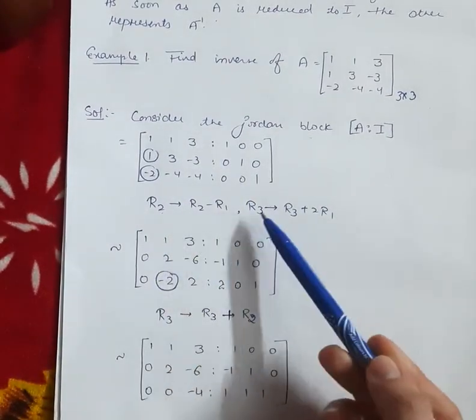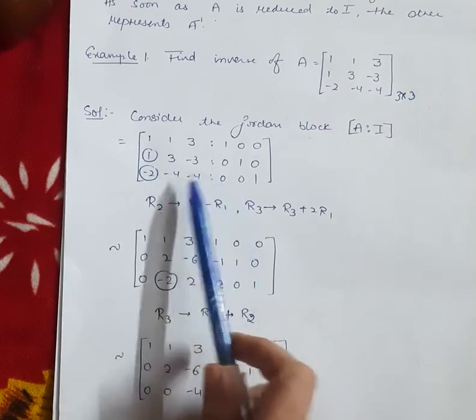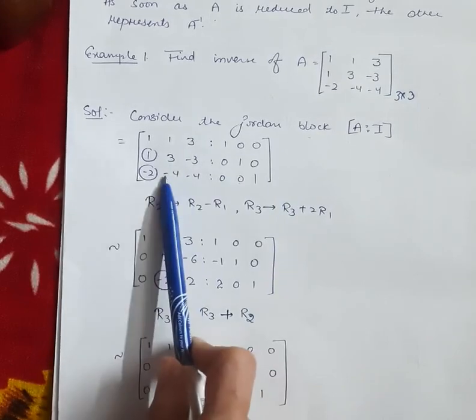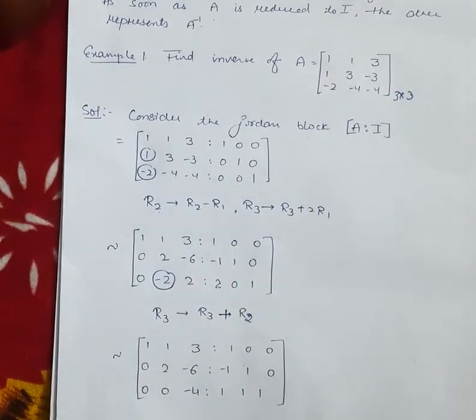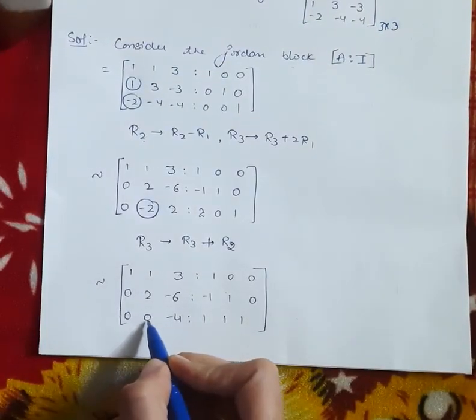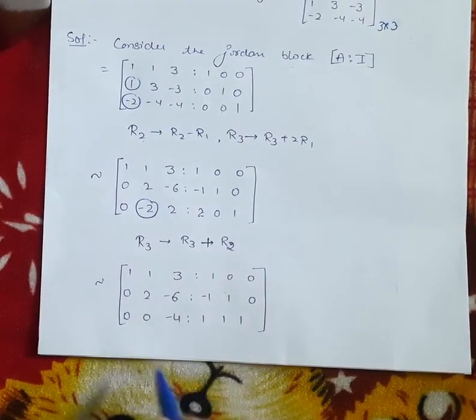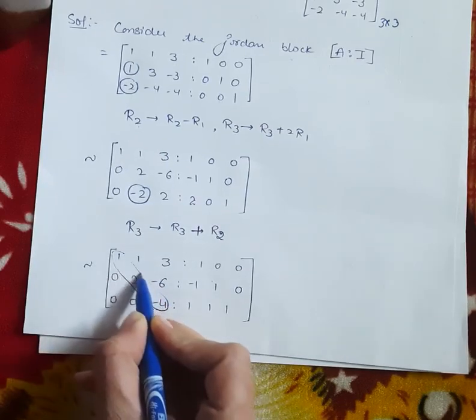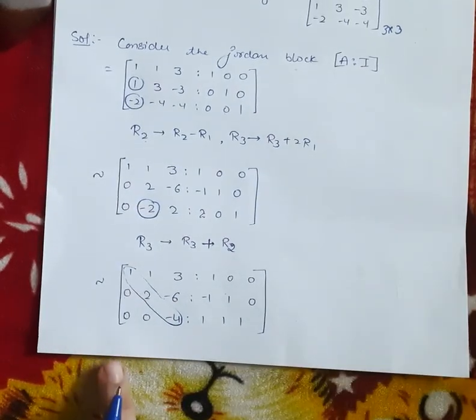जो भी ऑपरेशंस हम यहाँ पे लिख रहे हैं वो दोनों मैट्रिसेस पे हम अप्लाई कर रहे हैं, और यू कैन से इस पूरे ब्लॉक पे अप्लाई हो रहे हैं, वो A मैट्रिक्स के ऊपर भी और आइडेंटिटी मैट्रिक्स के ऊपर भी. Now once you have covered the zeros in the lower part, or you can say below the diagonal, एक बार जब आपने डायगोनल के नीचे सारी जीरोस बना ली हैं,